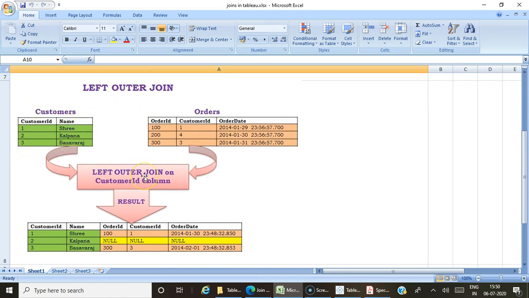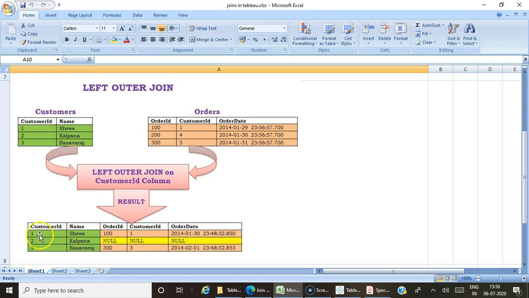If I am doing a left outer join on this table based on the same customer ID, what will happen? It will take all the records from the customer table because it is on the left side, so 1, 2 and 3, and only matching records from the order table. The matching records are again 1 and 3. The non-matching records will be replaced by null values.